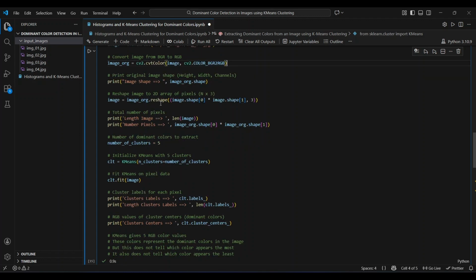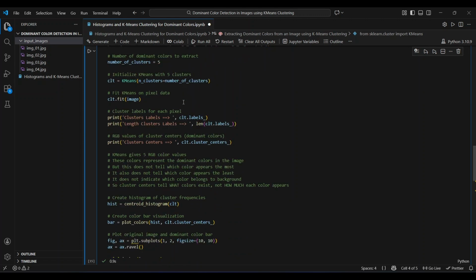After that, we are reshaping the image into a 2D array of pixels by 3. It means the number of pixels divided into rows, with 3 columns in it. For that, we just write image.reshape(image.shape[0], image.shape[1], 3), so 3 columns will be there. This way we do it. Then the image shape is